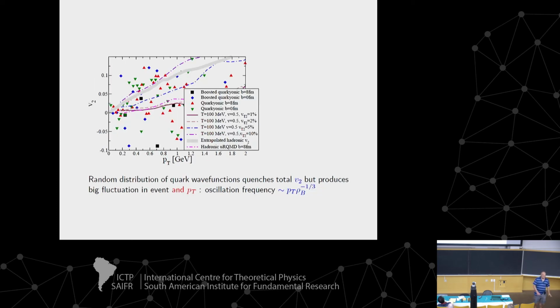However, the Quarkyonic V2 is a complete mess because quarks are confined in baryons, and baryons have a non-trivial configuration, and quarks are a coherent superposition of these baryons, which are located in random positions in space. This essentially means that V2 loses any dependence on the eccentricity. Its average by momentum beam is going to be 0, but it will also oscillate with